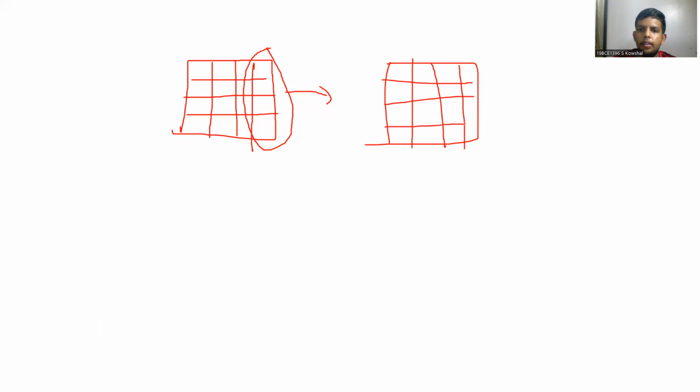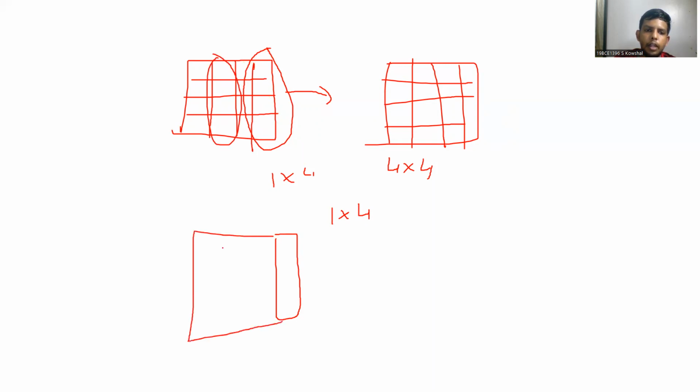The result that we obtain is a 1 into 4 matrix, since it's 1 into 4 multiplied with a 4 into 4 matrix. The row we get replaces the current row inside the actual matrix, and the same operation is performed on each and every row of the obtained matrix. Hence we get a final matrix that is also a 4 into 4 matrix, and that will be passed on to the last step, that is the